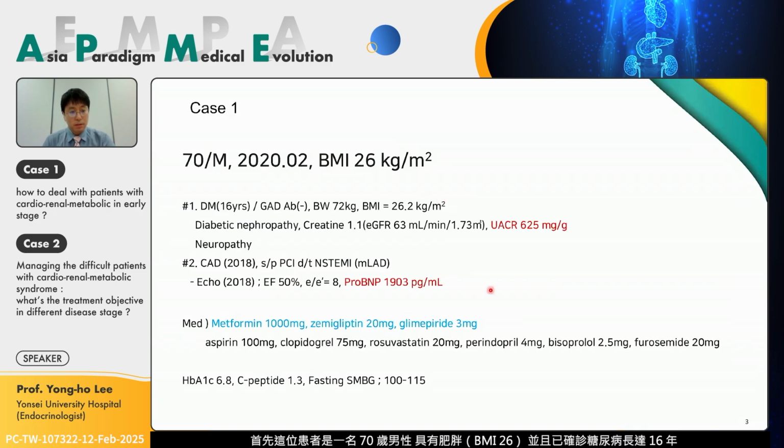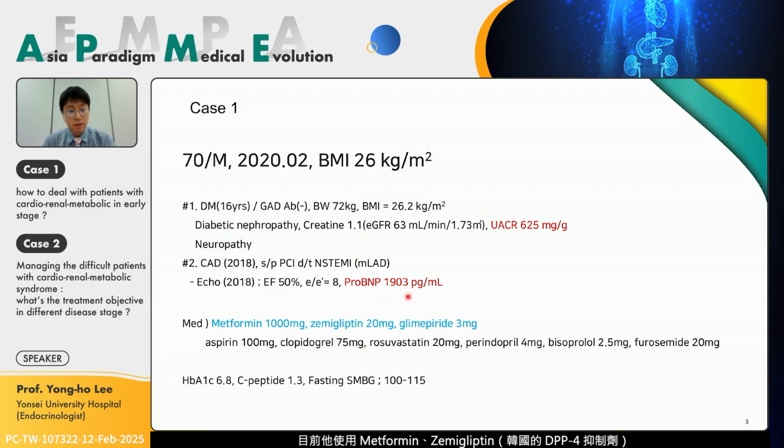First, the case shown here is a 70-year-old man with obesity, BMI 26, who has been diagnosed with diabetes for 16 years. You can see he has a GFR of 63 and macroalbuminuria over 300. A couple of years ago, he was also diagnosed with coronary artery disease. From the echocardiogram, EF 50 and proBNP levels of around 1,900 mean he has